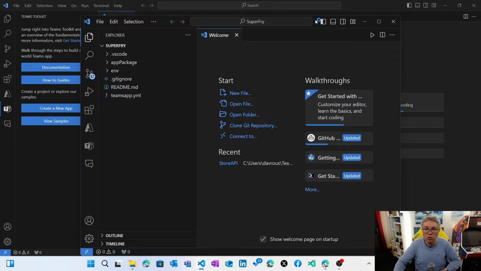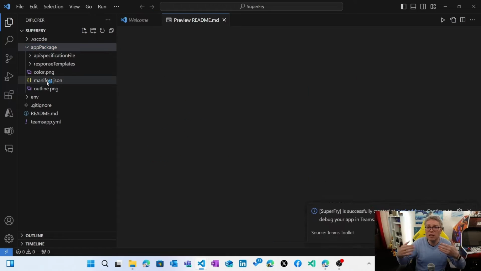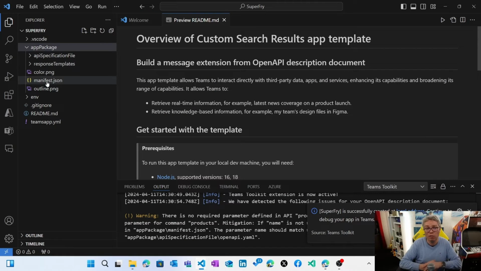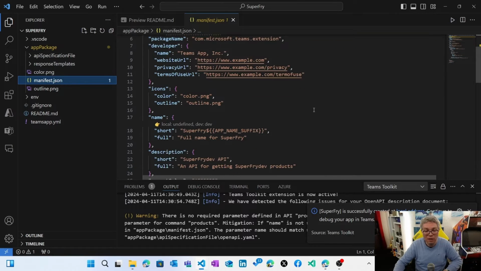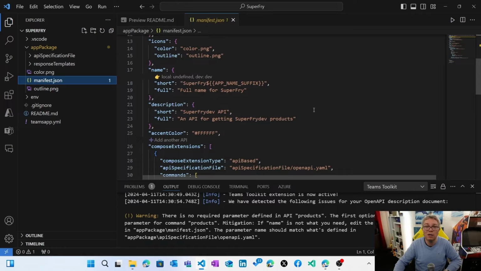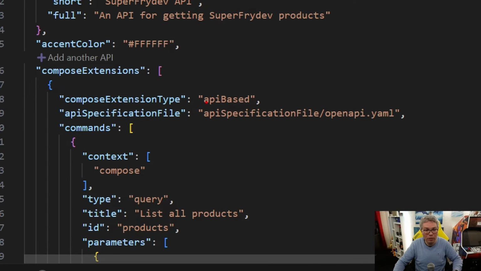Then the Teams Toolkit is going to scaffold a full project. A Teams application is referenced inside a specific manifest, the manifest.json, where we give the name of the developer and many classical things you may find in a manifest. And if you're already an expert in Teams app development, you will see that there is a new part, which is now API based, and we can reference the YAML file associated with your OpenAPI in this specific folder.